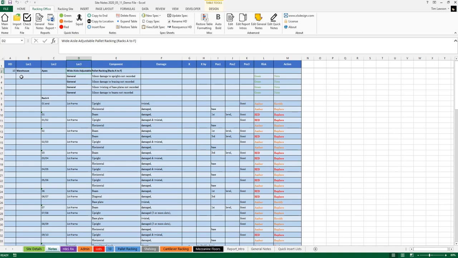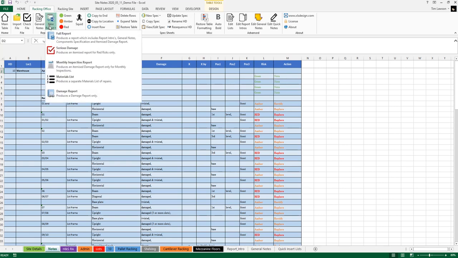So in order to generate a report, we simply select the new report option from the reports workgroup, and I'm going to just select damage report. This is the simplest version of the reports we do, and this will demonstrate how quickly the report can be generated, as opposed to typing this up from your own handwritten notes. So if I just press the damage report button now,